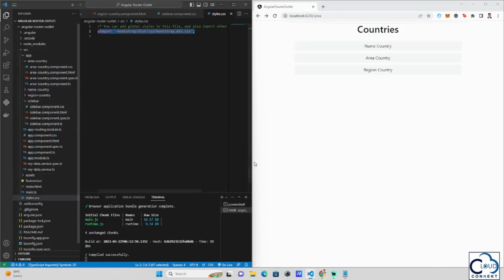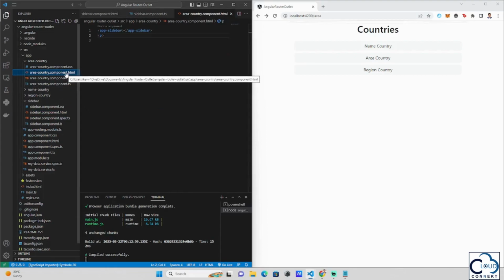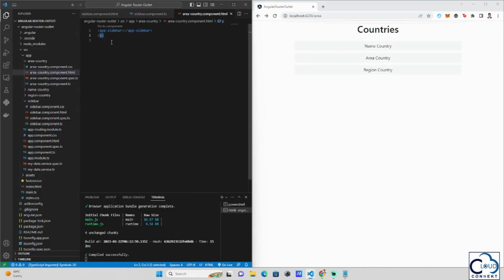And then now for our sidebar, first of all, what we're gonna do is we're going to put this sidebar.component.html in our area.country.component.html, for example. And then what we're going to do is we're going to remove the p tag that we created, and we're going to our sidebar.component.css. And in here, we are going to create a